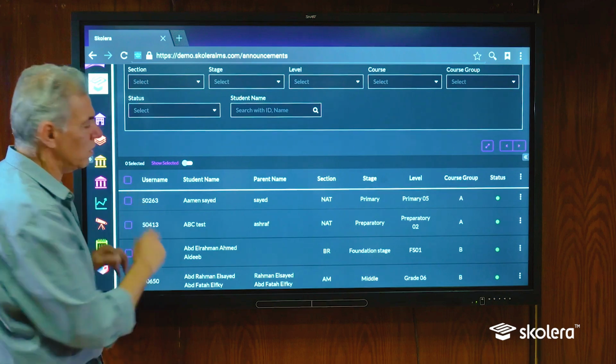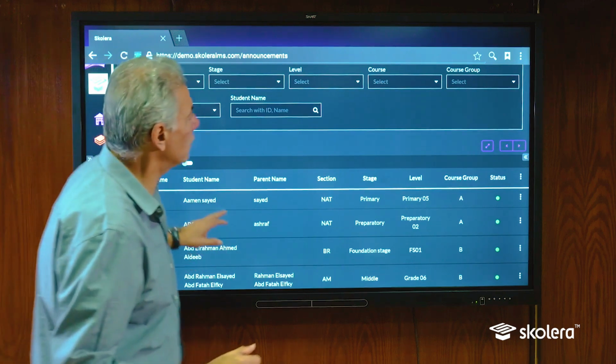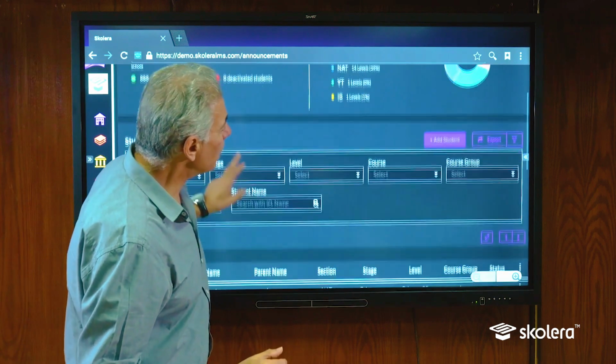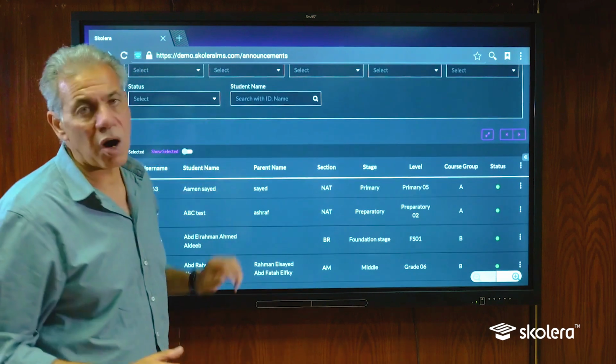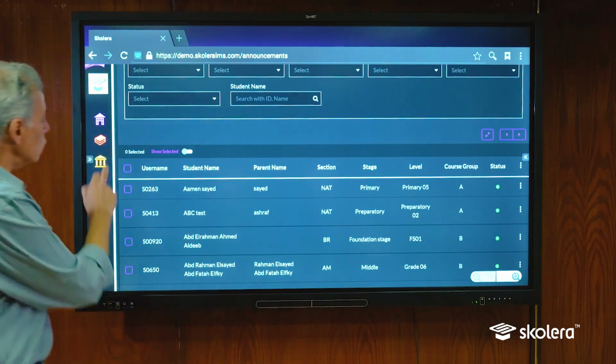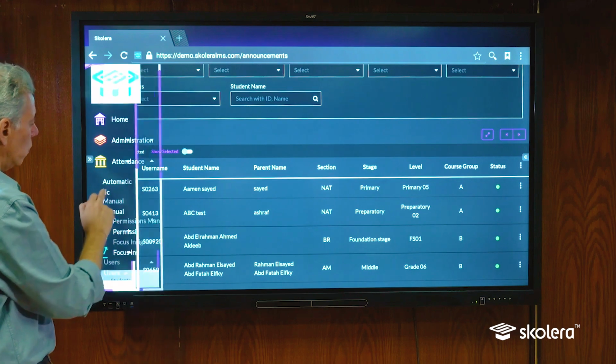But let's unselect these. We don't want to send anything to all the 888 students. Okay? This basically gives us the user management for our students. Now we can do similar things with